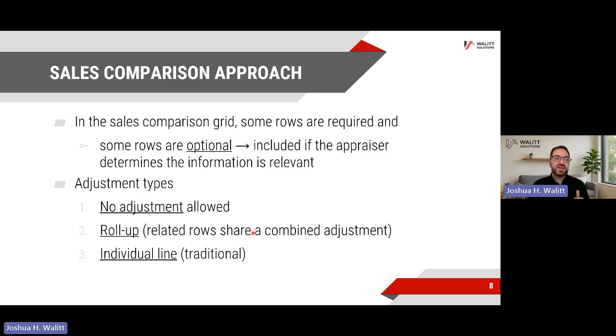And then, of course, the third type of adjustment that we might discuss in this context is the individual line adjustment. This is the traditional URAR that we're used to. On the typewriter forms that we currently use, we have a space for adjusting on every row, and you can throw a number in there, and it takes care of what's on that one particular row. And so we'll see those, of course, in many, many parts of the grid.